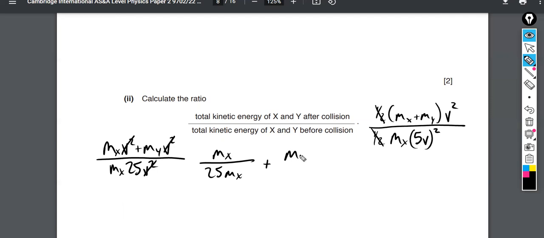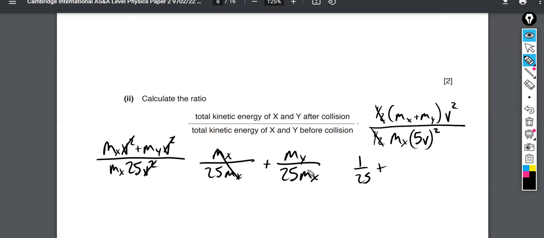Plus, right, so it's kind of like we have this common denominator that I could separate out like this, and this might be a little bit easier to work with here. Let's see, so I have mx divided by mx is 1, so over here I have 1/25